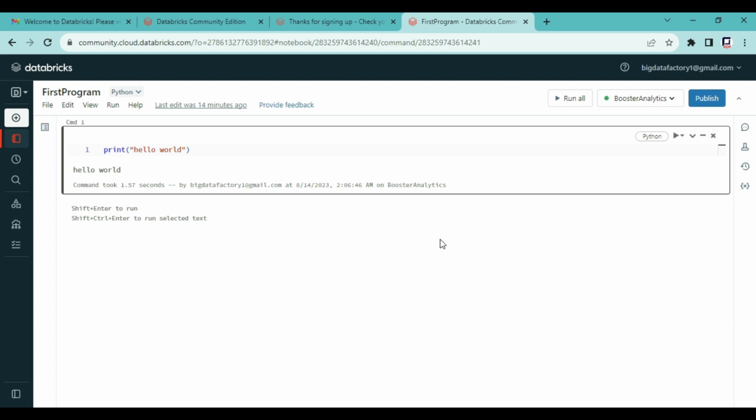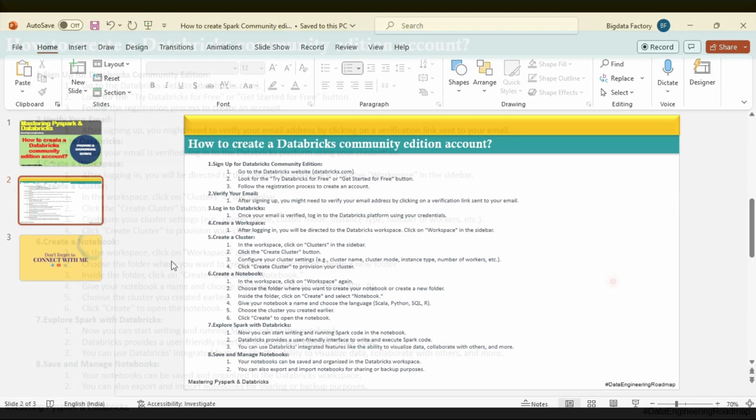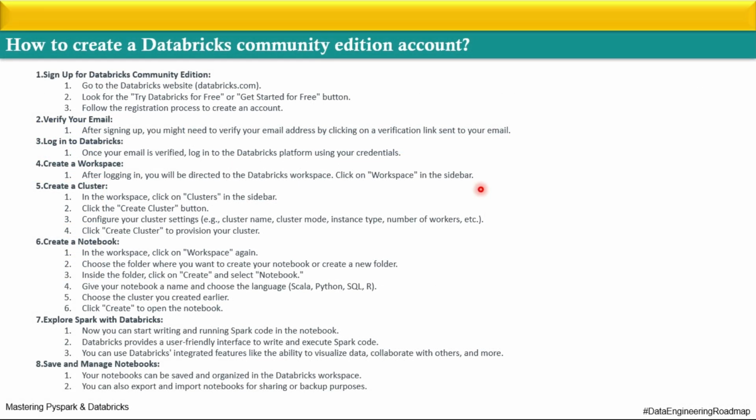So this is nothing, friends, but how to set up the Spark environment in Databricks Community Edition, and we have tested it as well. Now let me walk you through the presentation of the things that we have done in this particular session. In this session, we discussed how to create the Databricks Community Edition account, and it had certain steps. The first step was to sign up for the Databricks Community Edition, and for this we visited databricks.com,